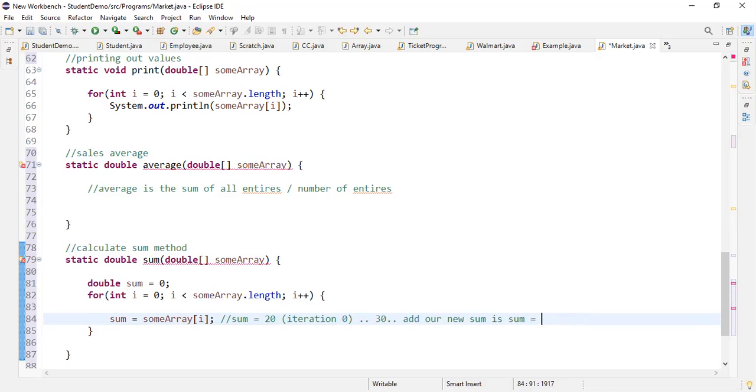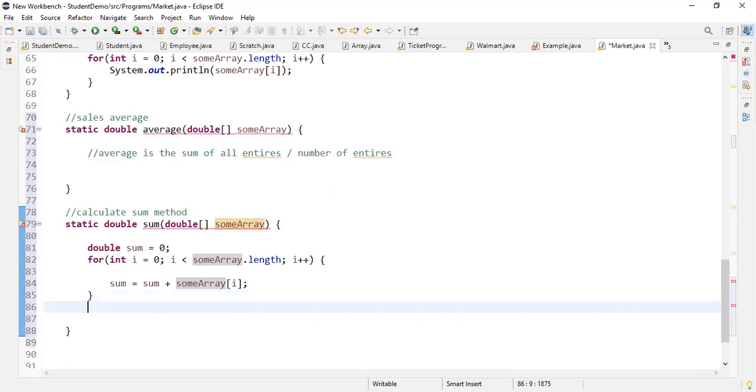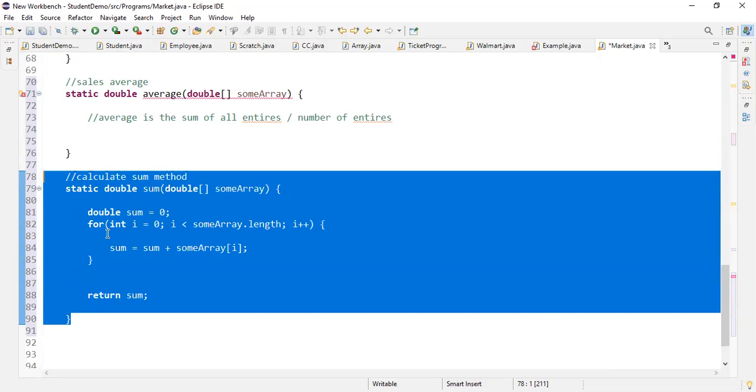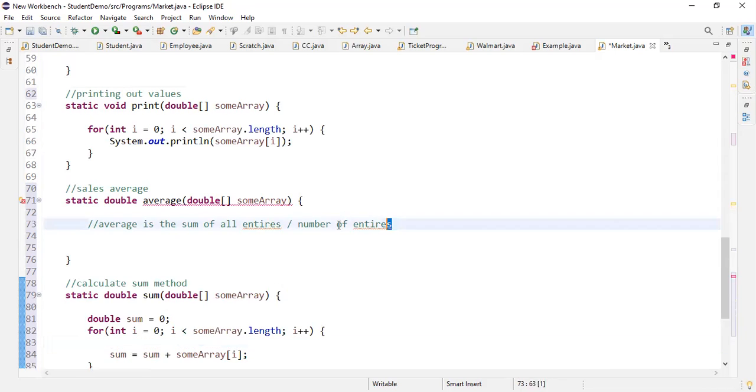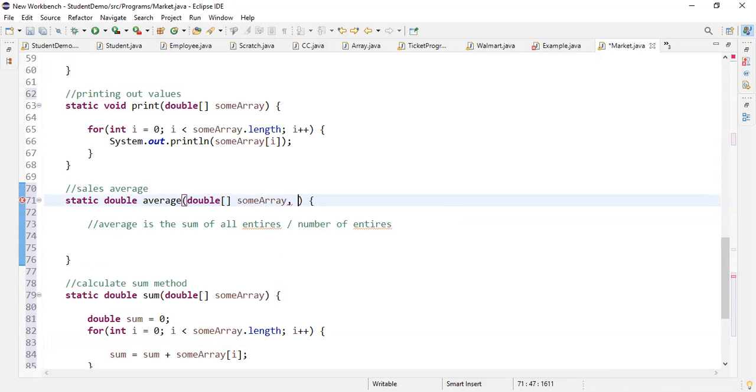30, right? So that's probably confusing, but just remember that if we want to compound on top of the previous value, then sum is equal to sum plus that value. So that's how we calculate the sum, and then we'll just return the sum there. So this is giving us the sum, and now that we have the sum, in order to calculate the average, not only do we have to have an array, but we also have to have the sum,